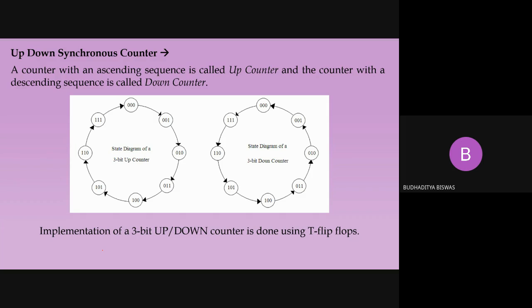But if it is not mentioned in the question, which flip-flop do you choose among the four? Suppose you have the option of the RS, JK, D, and T flip-flop. Which one do you use in your design, if it is not mentioned in the question? T flip-flop. Somebody said T flip-flop. Okay. Any other answer?